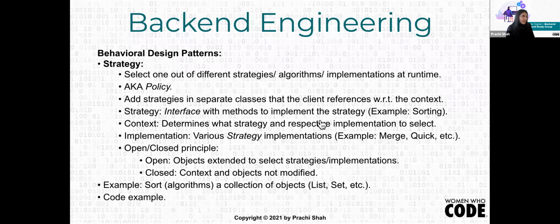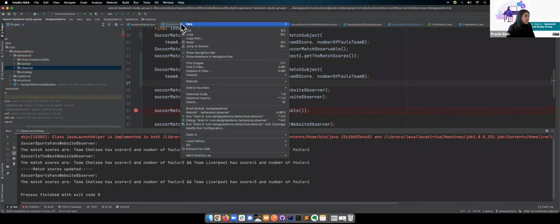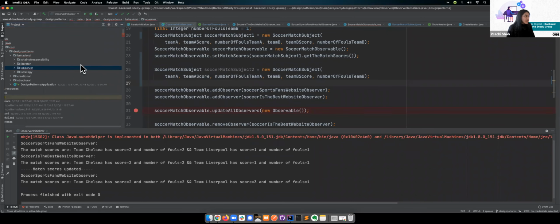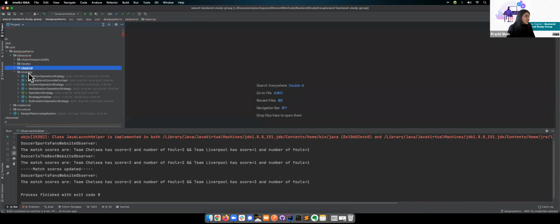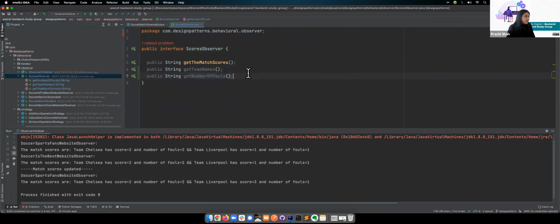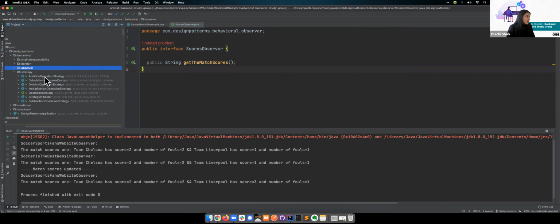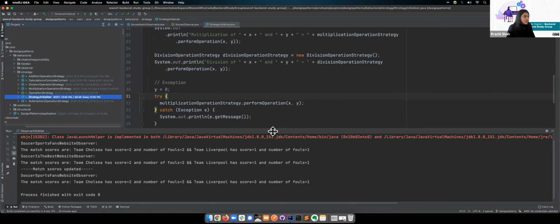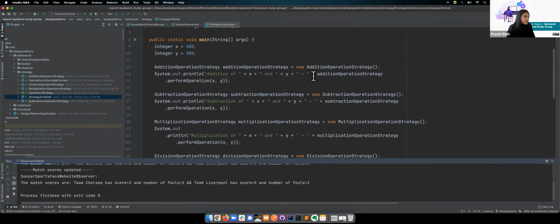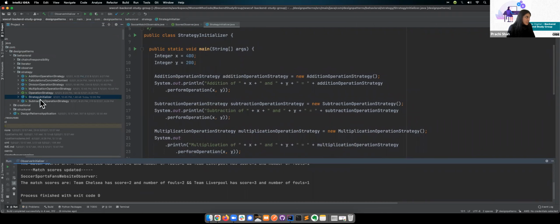If we look at the code, strategy, actually this may error out, one second. Here we have the strategy initializer. So yeah, let's first look at